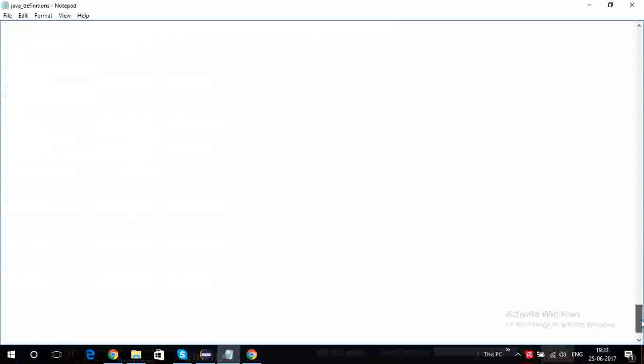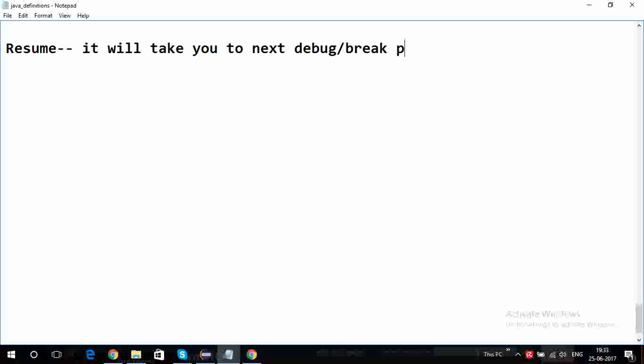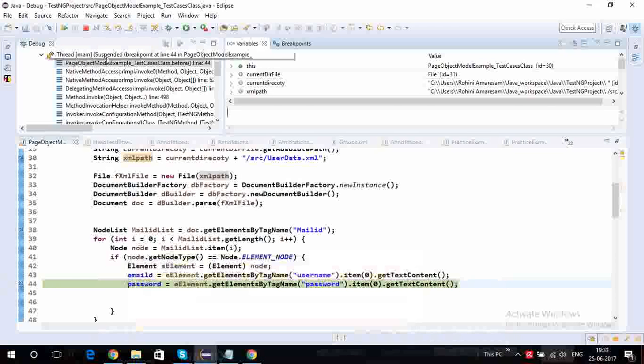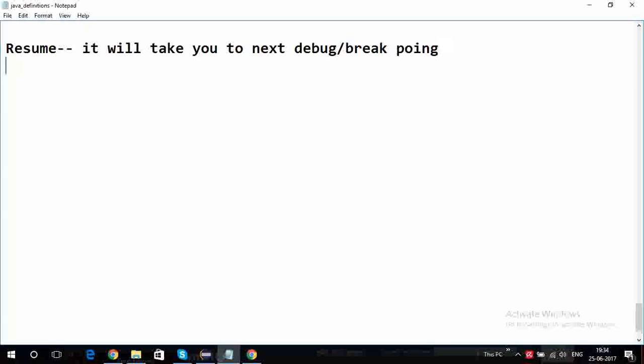So resume, what will it do? It will take you to the next debug point or breakpoint. Wherever you added a breakpoint, it will take you there. Okay, so step over, F6, you can also use as a shortcut key. Step over, what will it do? This is line by line